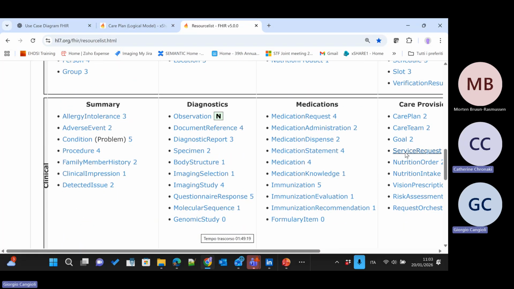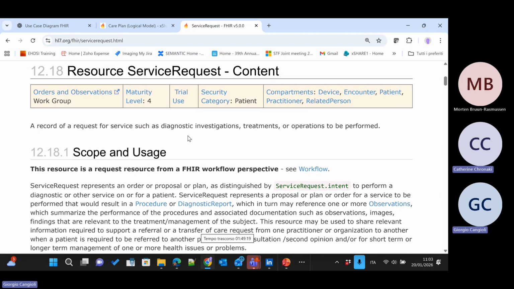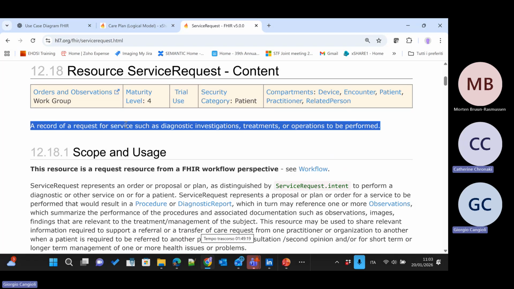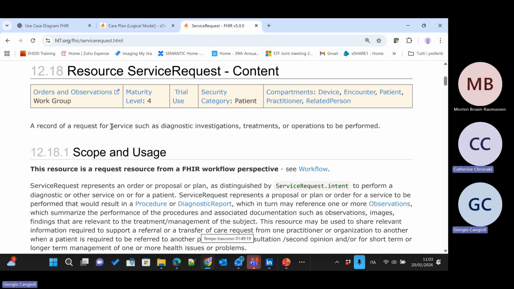Where is it possible to say how frequently you do that? Service requests. So you're saying that this may be more appropriate for service requests because of the timing. Yeah, the definition of service request says a record of a request for a service such as a diagnostic investigation, treatment, or operation to be performed.